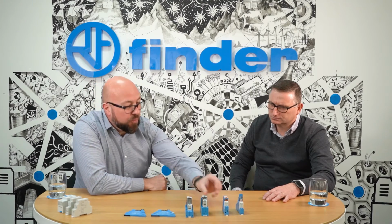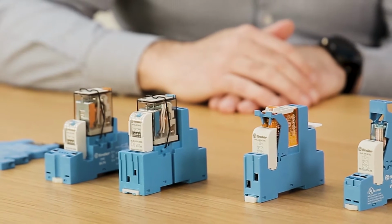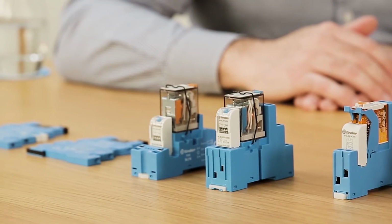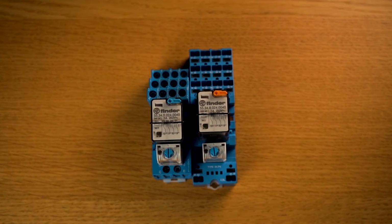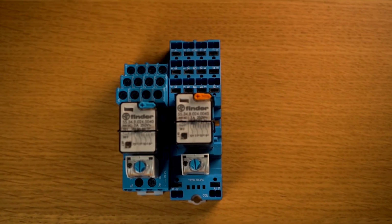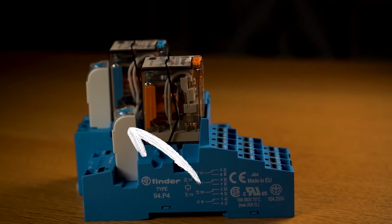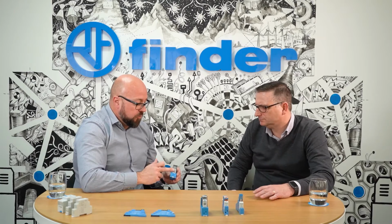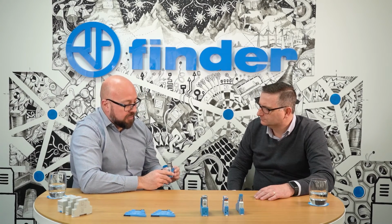I suppose the most popular relay that we sell is the 55 series, and this is your classic panel builder style relay. We've got two options here, one with a screw terminal and one with push-in, which is becoming more and more popular. It's anti-vibration, which is excellent. But in this particular one, we've got a metal clip, and in the front we have a module which is actually a timer. Okay. So, this module turns this relay into now a timed contact, which means that,